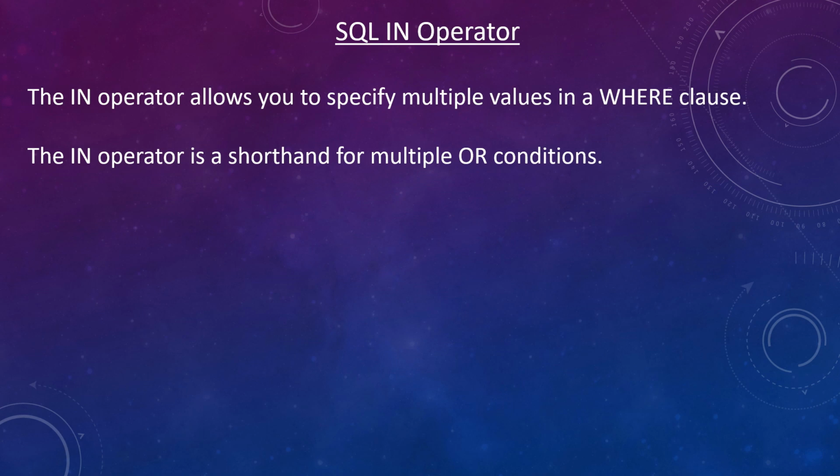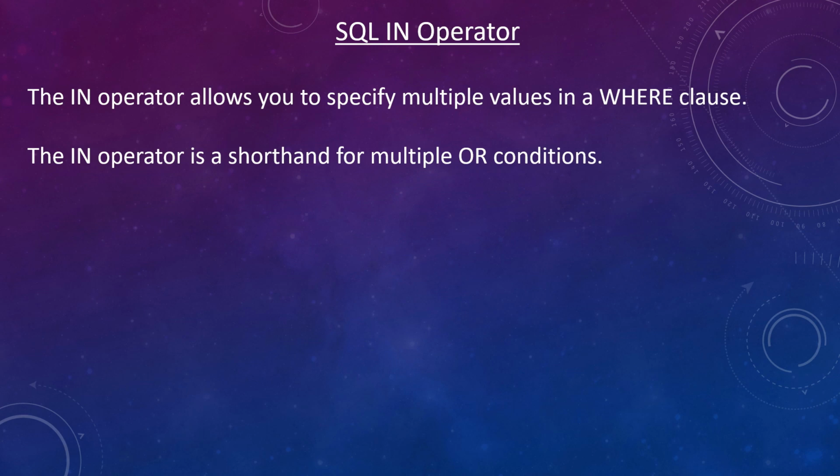Basically, for example, there is a table named country, and I want to find all the columns from that particular country where the cities are Delhi, Mumbai, Chennai, and Calcutta. For example, this table is having 10 cities, and I am only interested in finding all the columns where cities are only these four: Delhi, Mumbai, Chennai, and Calcutta.